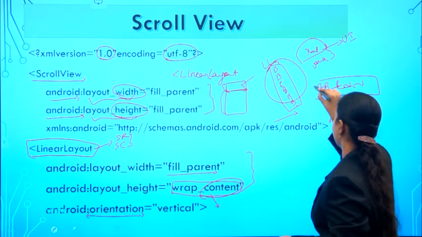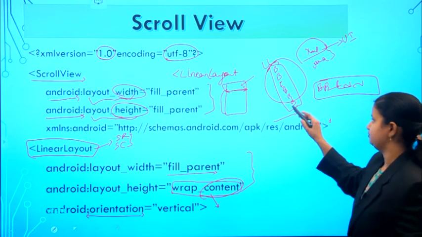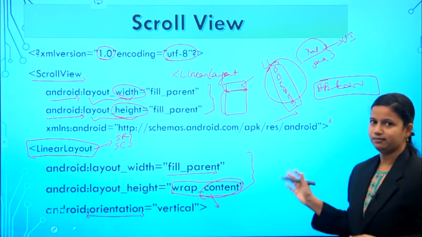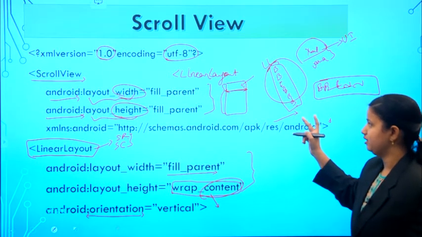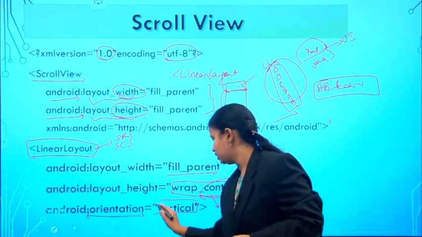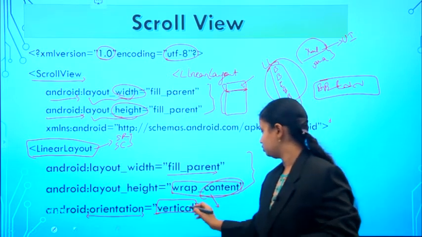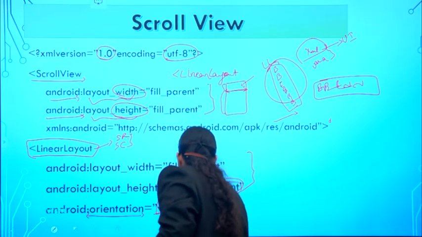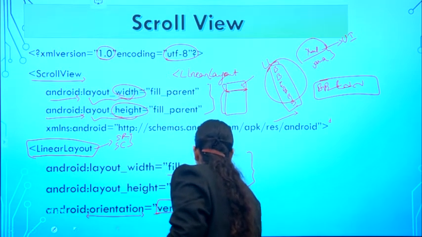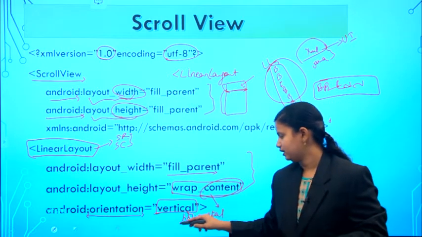So in which manner do we have to arrange these view group elements? We have 5 buttons and one edit text. How will this arrangement be displayed? That arrangement is guided by the orientation property. The value we are considering here is vertical, which is one of the values, and another possible value is horizontal.